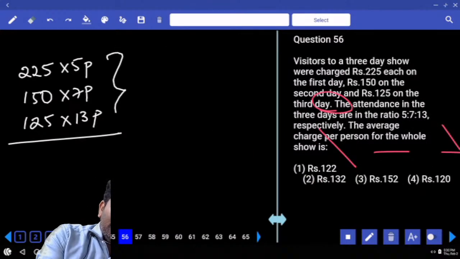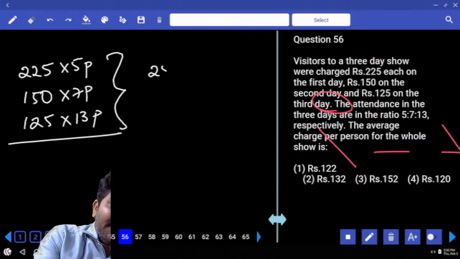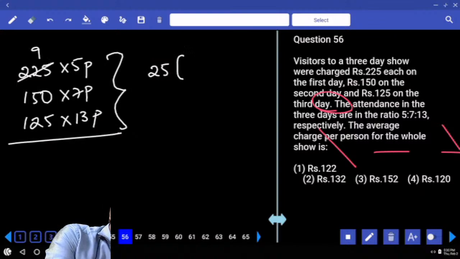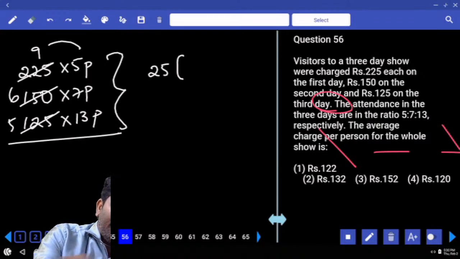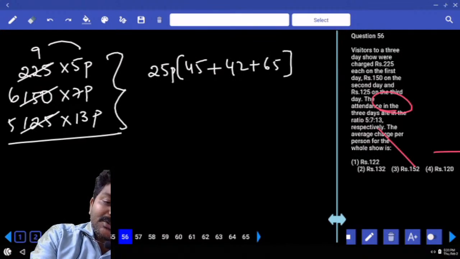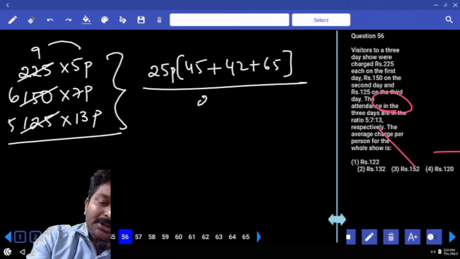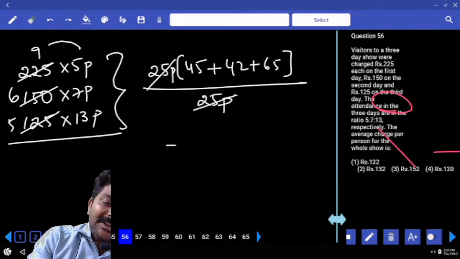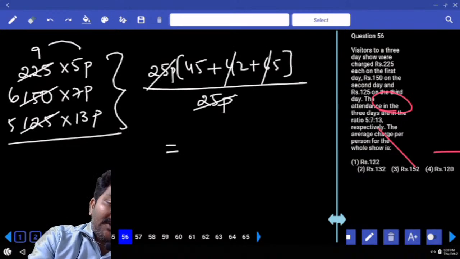Now we need to add everything, but when you look at this, there are 25 multiples, right? Let me take 25 common. How much is here? 9. How much is here? 6. How much is here? 5. For our simplification only. 9 into 5, 45 parts, plus, take P common, no problem, 6 into 7, 42, 5 into 13, 65. This is the total collection, and this must be divided by the total number of people, which is 25 parts, and it gets cancelled. Answer: 60, 40, 140, 5 plus 5, 150, plus 2,